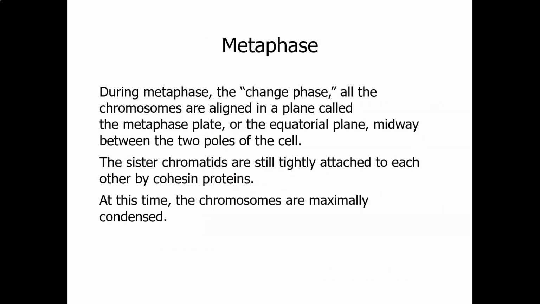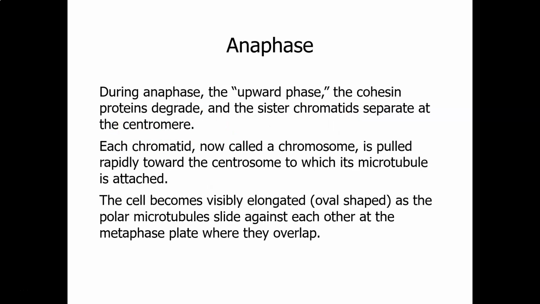So in metaphase, the chromosomes are going to be lined up at the metaphase plate. And then in anaphase, the cohesin proteins, which had been holding the sister chromatids together, degrade. And now each sister chromatid, which is called a daughter chromosome at this point, is pulled toward the